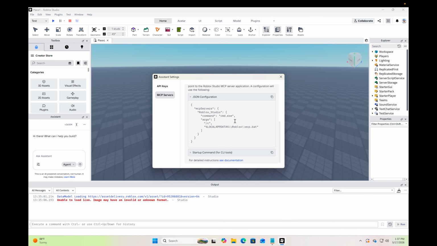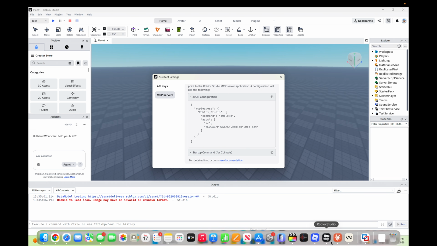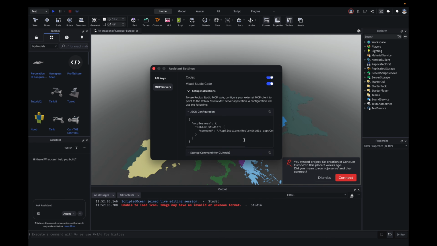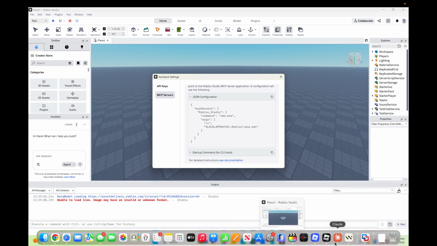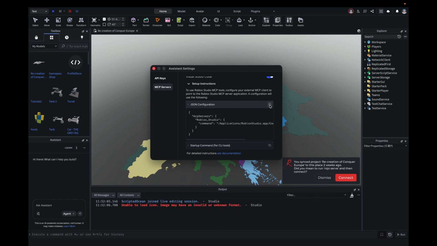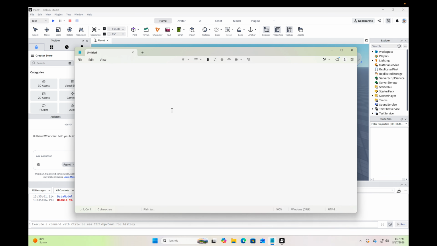But this is where the differences for macOS and Windows really begin to show. On Windows, it looks like this, but if you're on Mac, it'll look something like this. So if you're on Windows, copy this, and if you're on Mac, you'd copy this. You'd go back to Notepad and paste in the configuration code that you found in your Roblox Studio. Go to File, then Save,